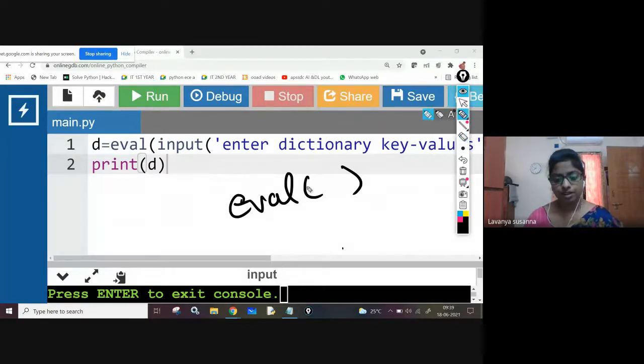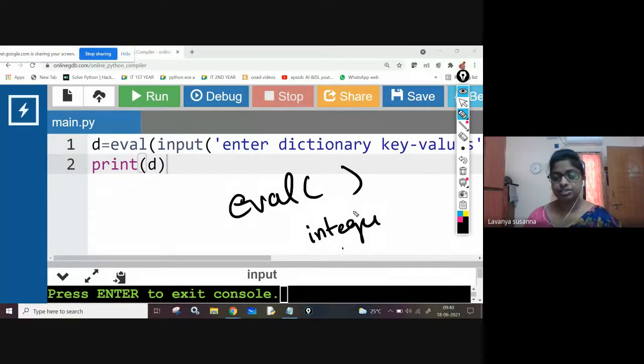Whatever value you are giving, for example, if I am entering an integer value through the keyboard, it will understand that you have entered an integer value and take it as an integer only. If you have entered a string, the eval function will understand that and take only a string.